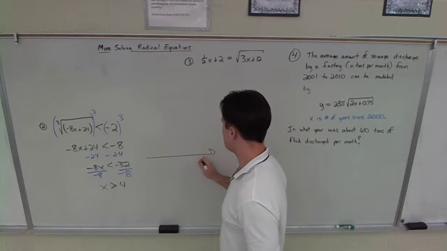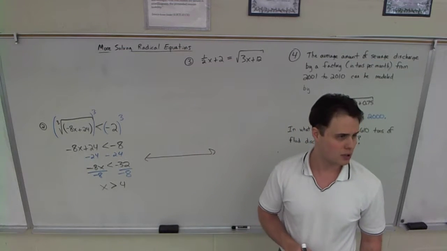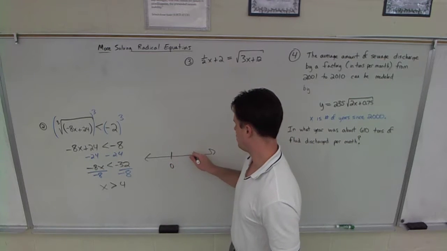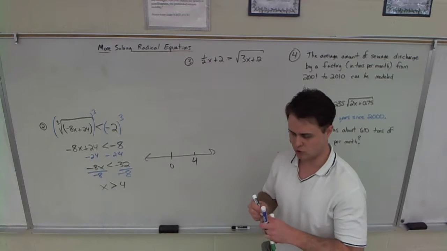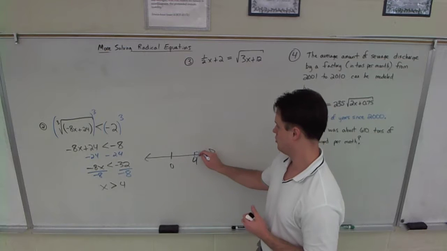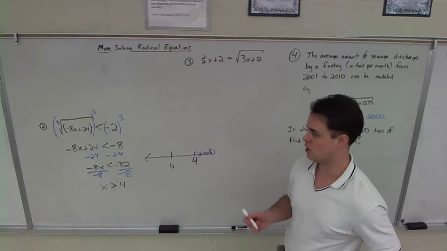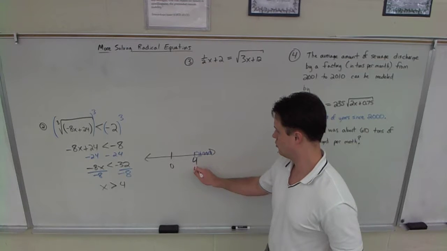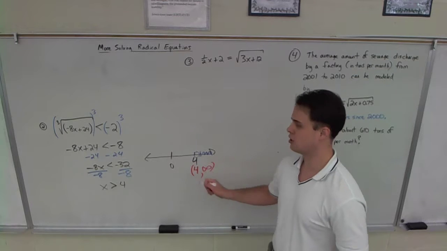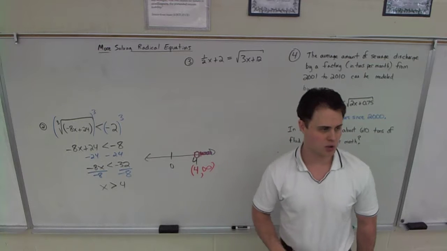And then, of course, since this is an inequality, there's not just one answer. In fact, 4 doesn't even work, right? This is not inclusive. If that's 0 and that's 4, what should I put at 4? Circle. And which way should I shade? Above or to the right, yeah. And then I'd really specify the solution set here by saying 4 to infinity. Any of the things in that red, so I guess I should have made this red, are solutions